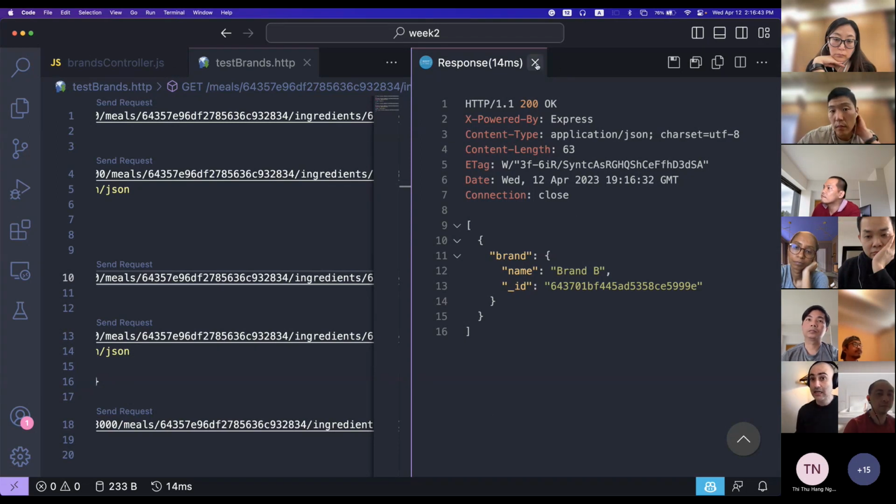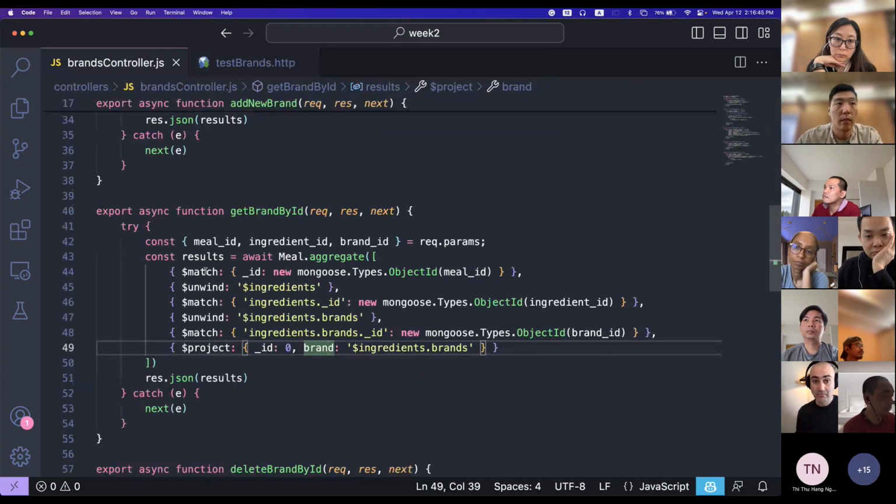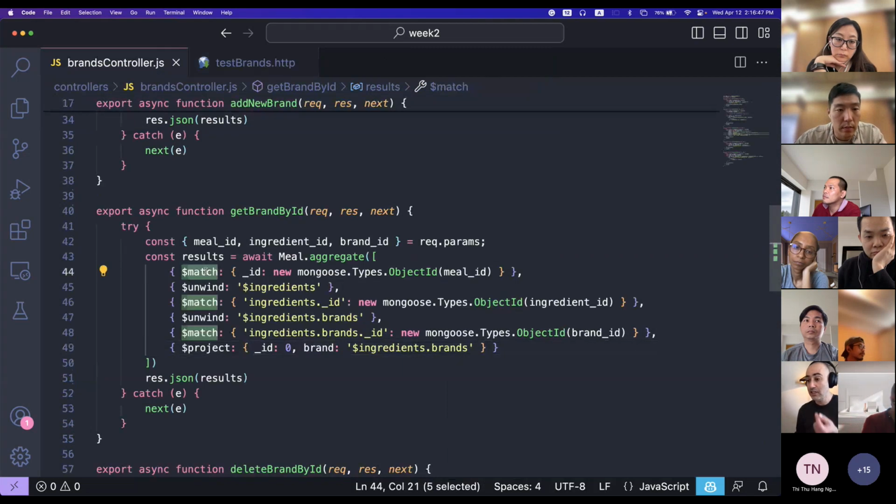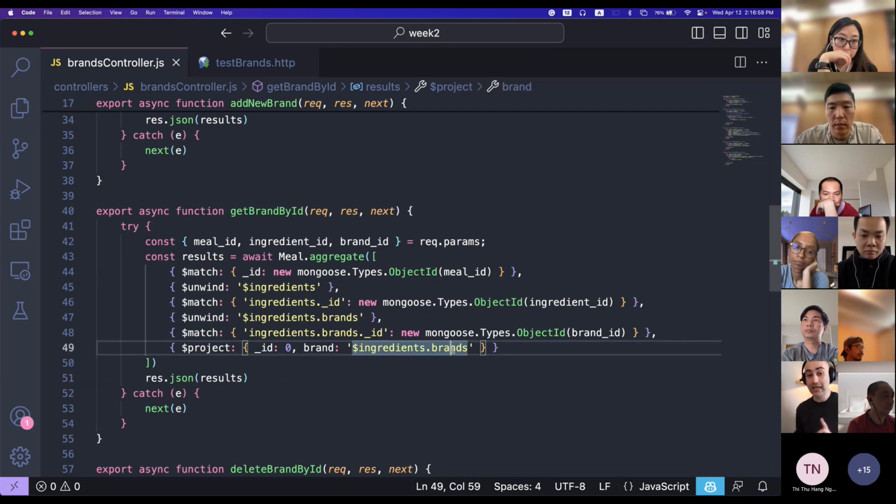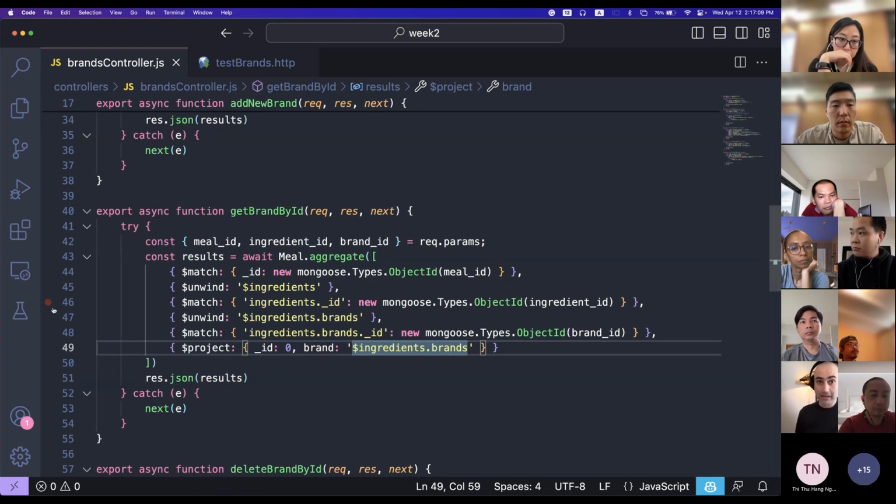And this query is really, really fast. The reason is we matched first. So I selected a single document. And now this processing is pretty simple. And it's done at the database server until the database server got this single brand for me and sent it back. So you could play and start converting all kinds of queries to use the aggregation pipeline. So let's play a little more and do